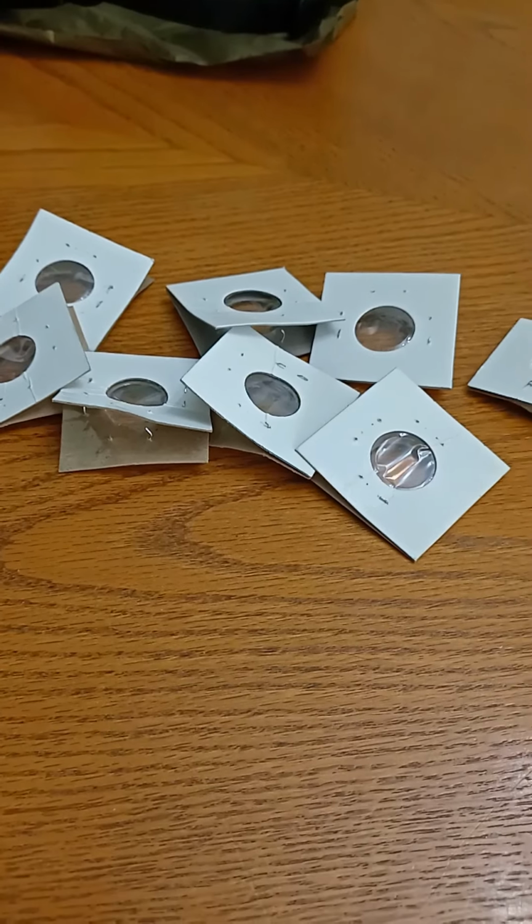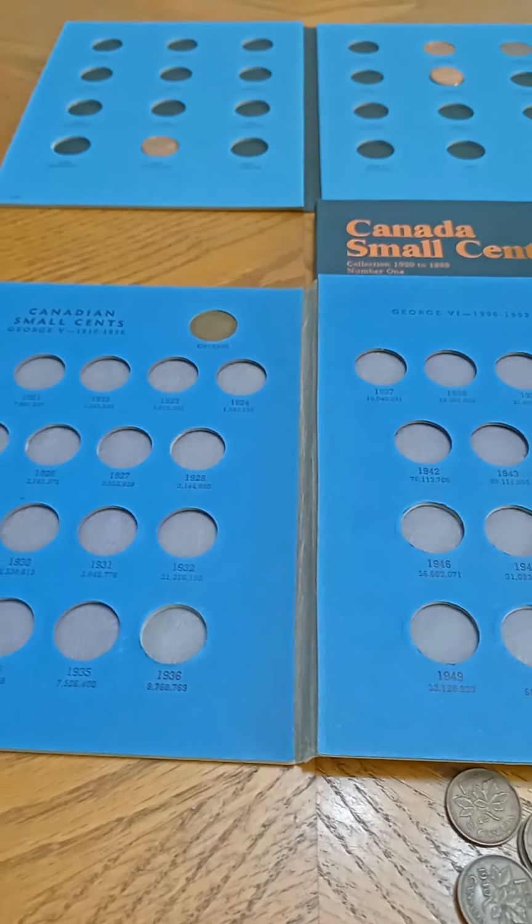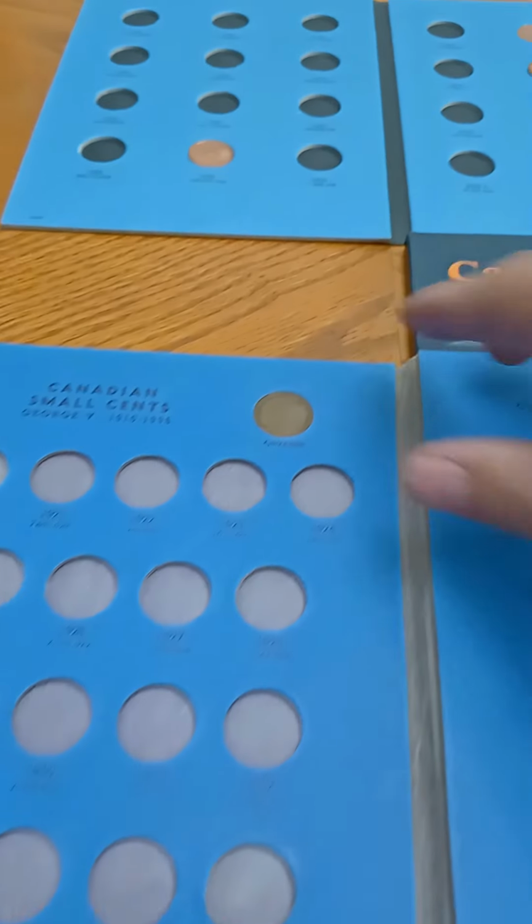Ended up getting those 8 Canadian coins for $1. Not bad deal. A lot of them are from the 40s, so from my old book I already took out the ones that I had already. I'm going to put it in this new book. So we're starting with